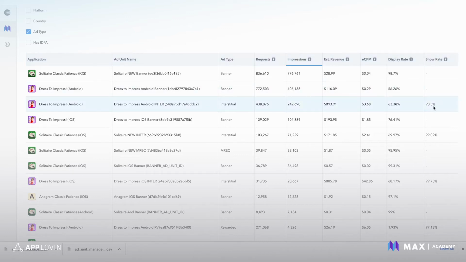Show rate is the percentage of ads that were triggered that actually go on to display to the end user and serve an impression. We definitely want this to be as close to 99, 100% as possible. If it's lower than the upper 90s, then it could indicate an integration issue, something technical that's preventing the ads from being displayed. Even though banner ads are cached, we currently don't show show rate for banners. So you'll see this for everything except for banner and medium rectangles.